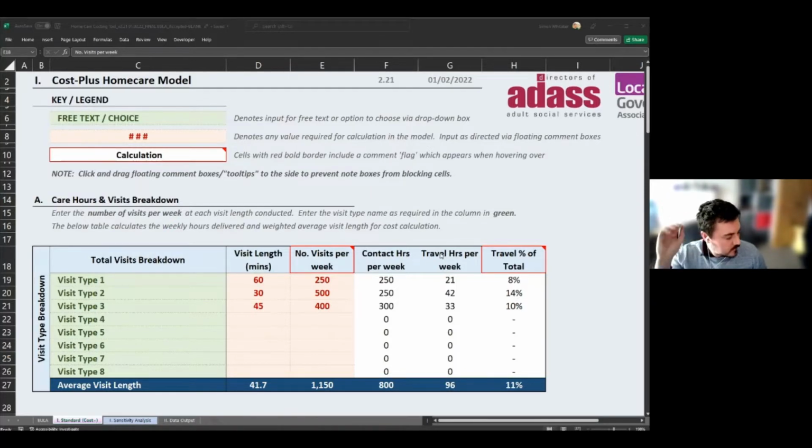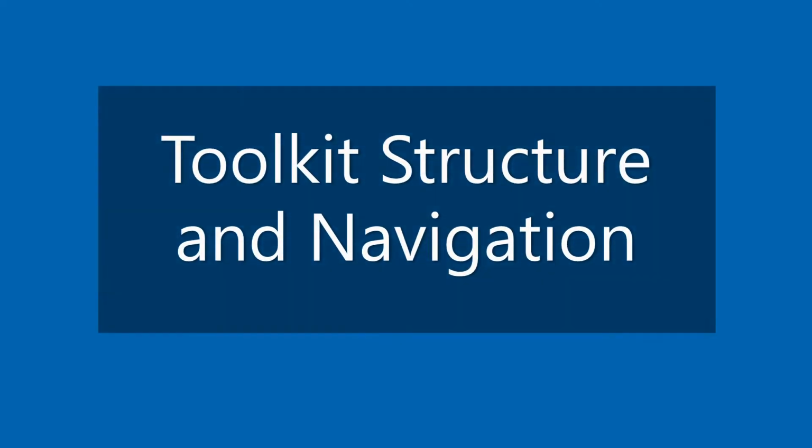Obviously things like travel time would be a variable that would change, because if it's in a fixed dwelling, then that'll make a little more sense as Simon goes through the model. But yes, there's functionality for where it's staff-based rather than building-based care, and hopefully that'll become more apparent when we walk through the tool. There was also